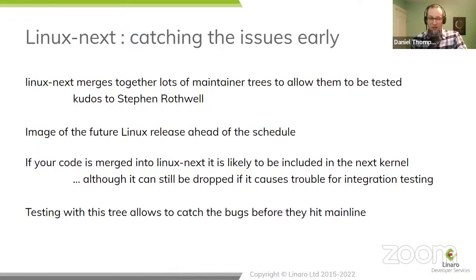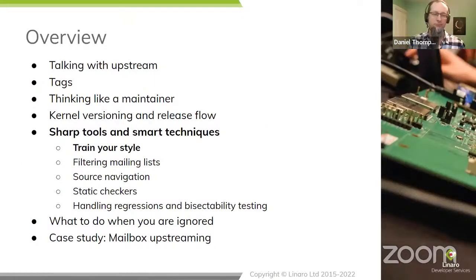About 2/3, I think, of all the patches that land in the merge window will have spent time in next ready for testing. So if you want to test code to look for regressions in the next kernel, to make sure that your silicon still works in future kernels, then testing in next is a good way to catch those bugs before there are ever regressions on your platform. Excellent. So that is kernel versioning and release flow.